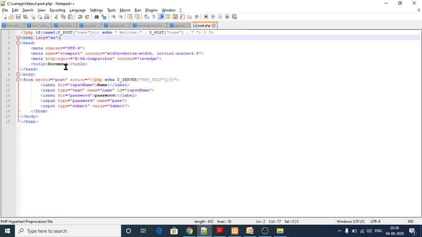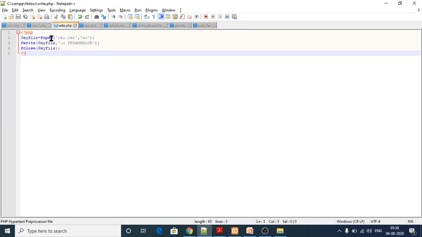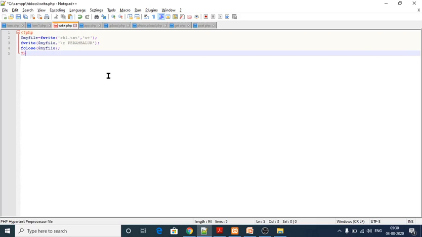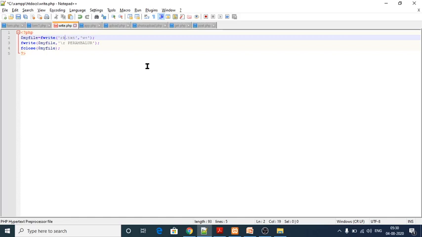Next we have to use write. My file, and here you have to give your file name, and what I have given here, Perambalur, that will be written within the file called rk4.txt.